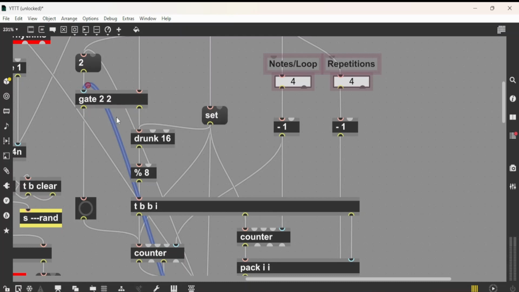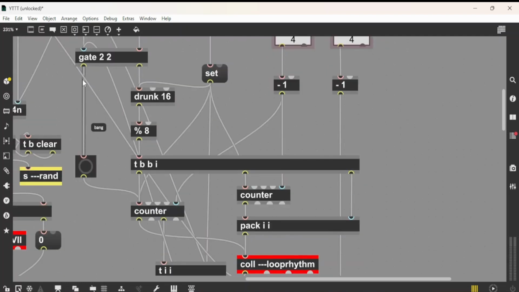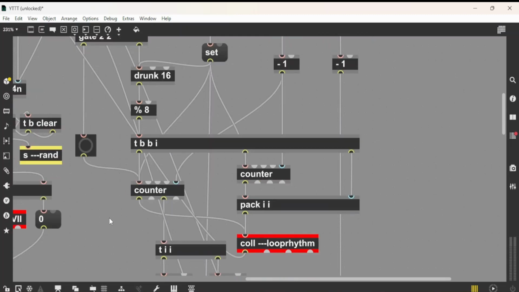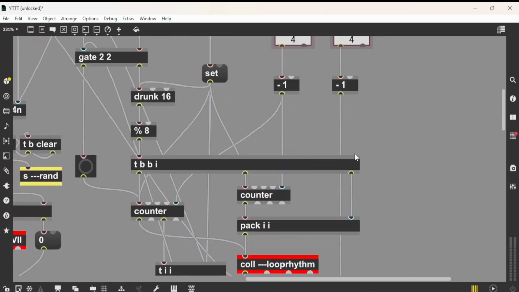This is essentially changing our output from write to read. So before we were writing our rhythms into this coll, and now we're just reading them. All we're doing is taking a bang to the counter, and it's going to loop what we have stored in the coll. The second thing we're doing is we are banging on this counter, and this counter is associated with